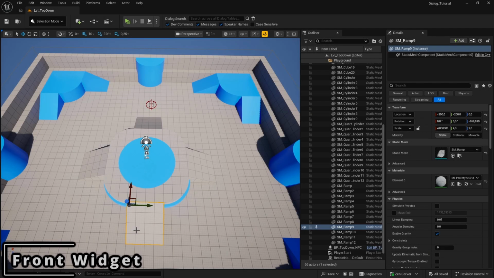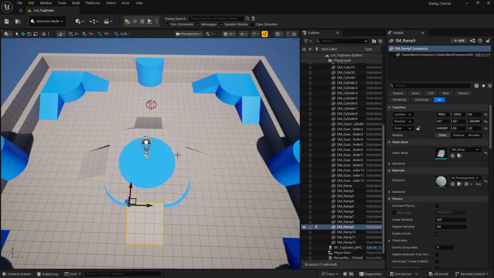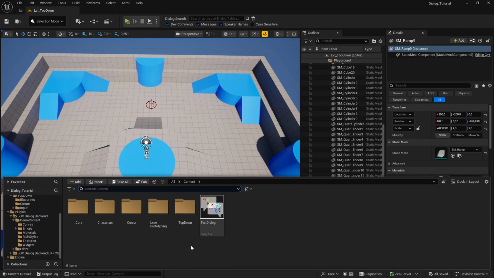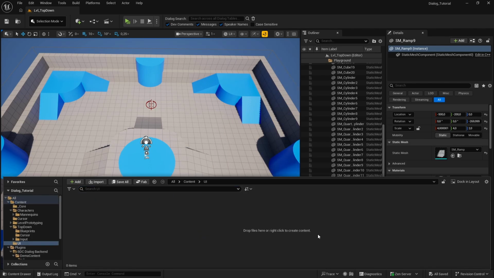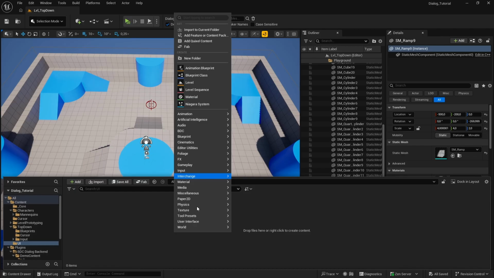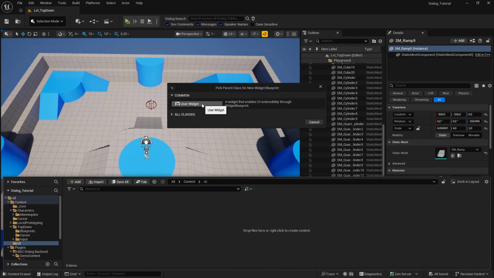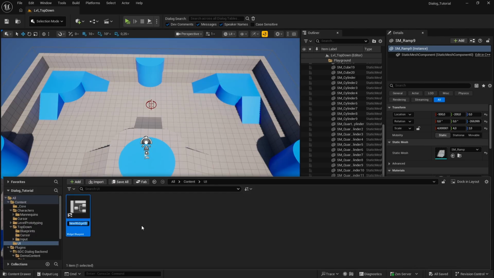Let's start by creating a front dialog widget, which is the main dialog widget for RPGs. To do this, let's create a new subfolder, call it UI. And we create a simple user widget. You can create whatever widget you want. If you use Common UI, it could be an activatable widget or such. It doesn't matter. Everything is from a user widget. I call this window